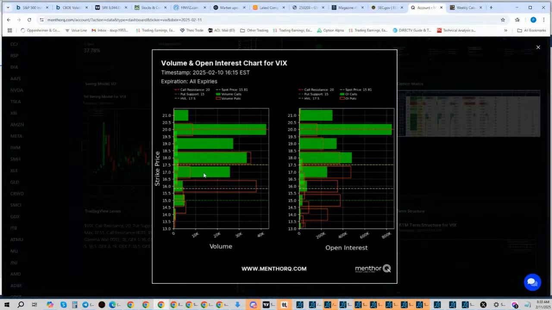What we've got going on in VIX is there's been a lot of activity in March at the 18 puts and calls. I suspect, don't know, that it's buyers of the 18 calls and maybe sellers of the 18 puts into March